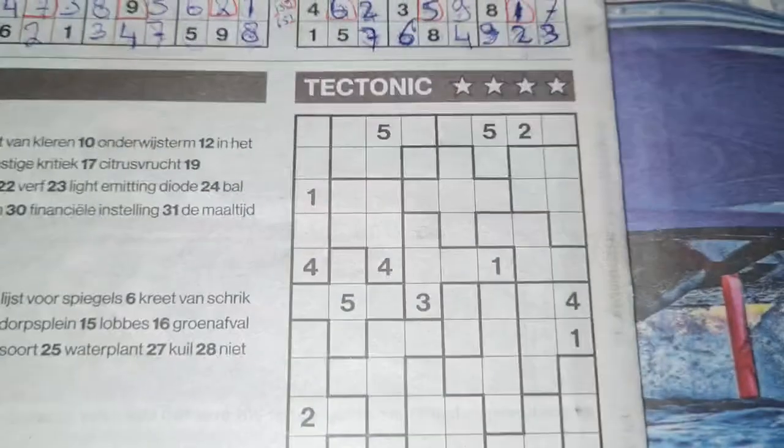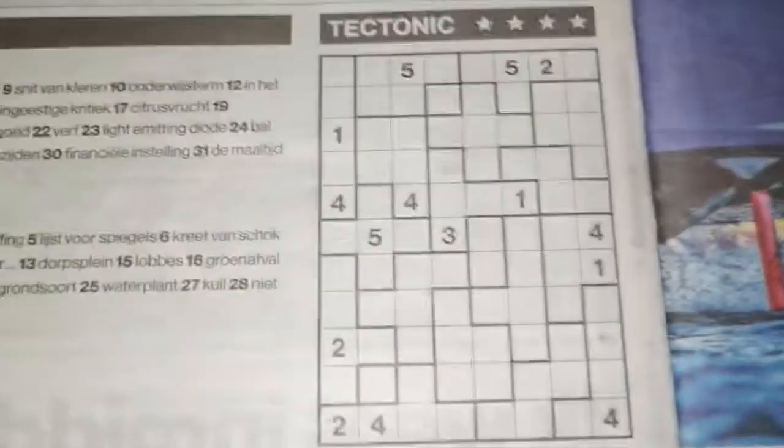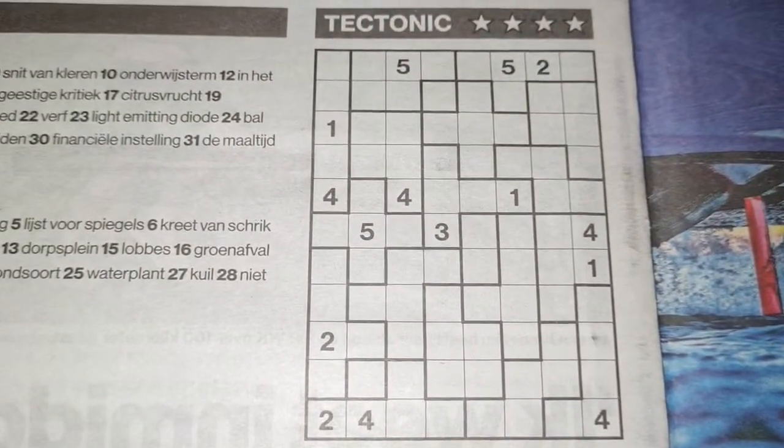Yeah, two puzzles left. Tectonic with 4 stars and the Killer Sudoku. Yes, but it's time for the Tectonic. We have a lot of puzzles to do because